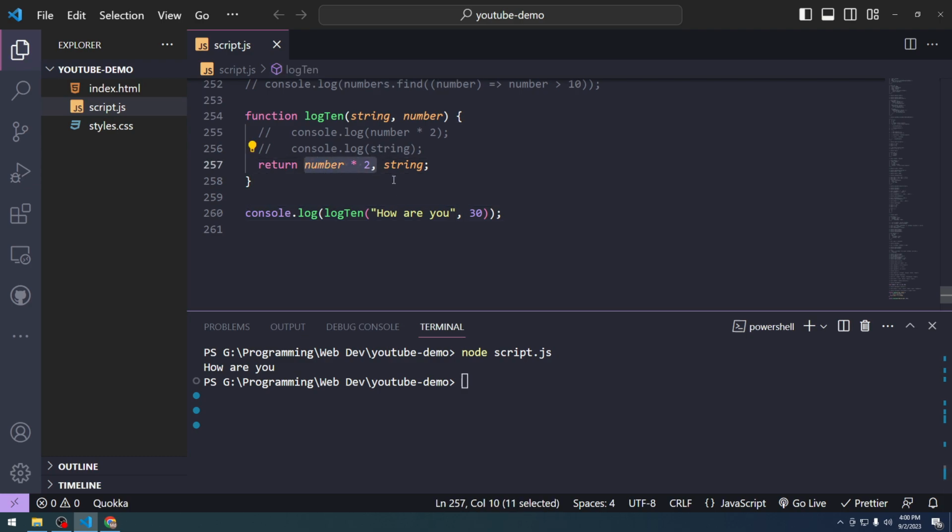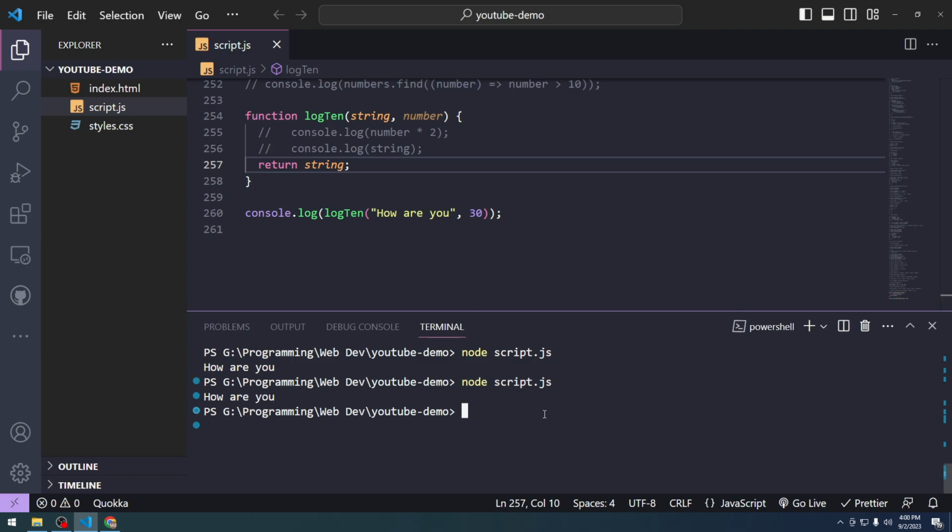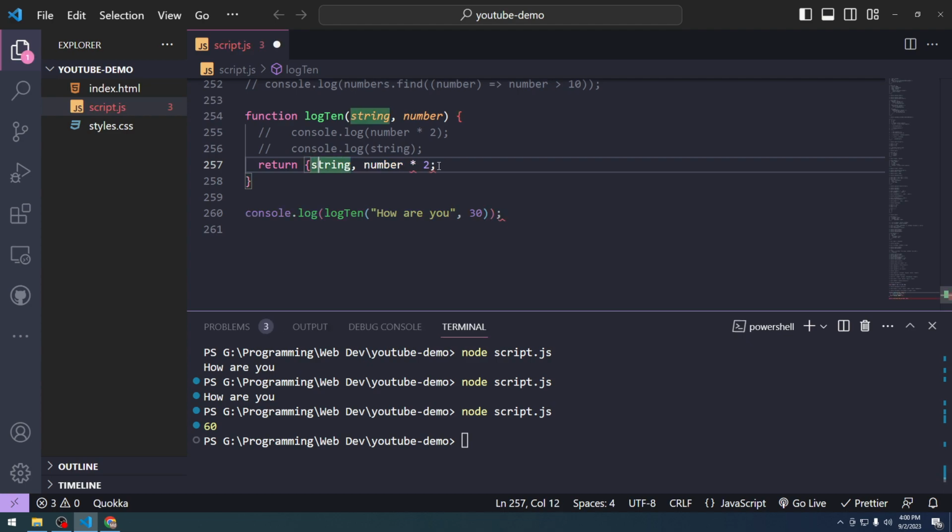Maybe we are doing it wrong, I guess. Let's try string, and yeah, we're getting "how are you", not comma. Okay, so now we're just getting 60. Why is that? We can have only one return value, that's why. Maybe let's try to wrap this in an object, and